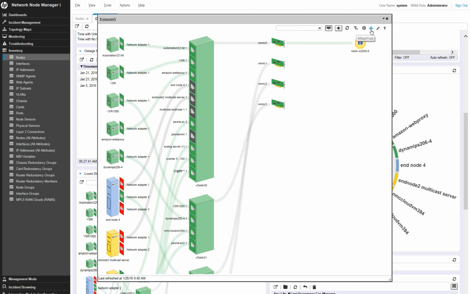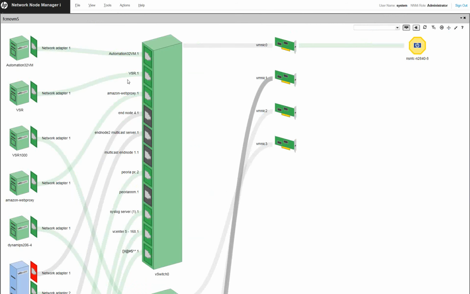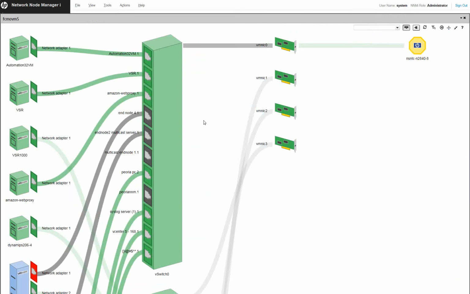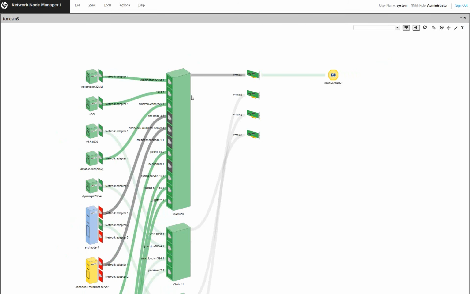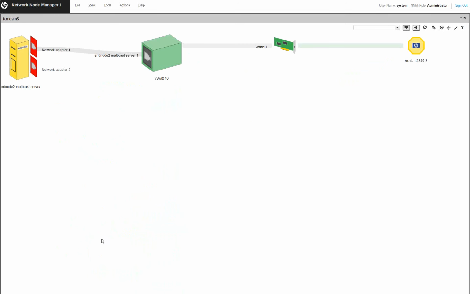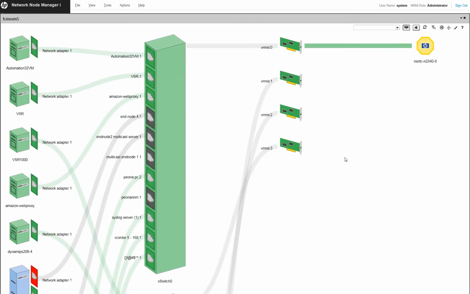The loom diagram here, as I mentioned, is a very linear view of connectivity from the perspective of the virtual machine. And this diagram we can zoom in and zoom out. We can do some similar filtering here by right-clicking and showing only an individual element. And then we get a clear line of sight through the vSwitch, through the VMNIC, and to the upstream switch. So we can clear that. We can also pan around